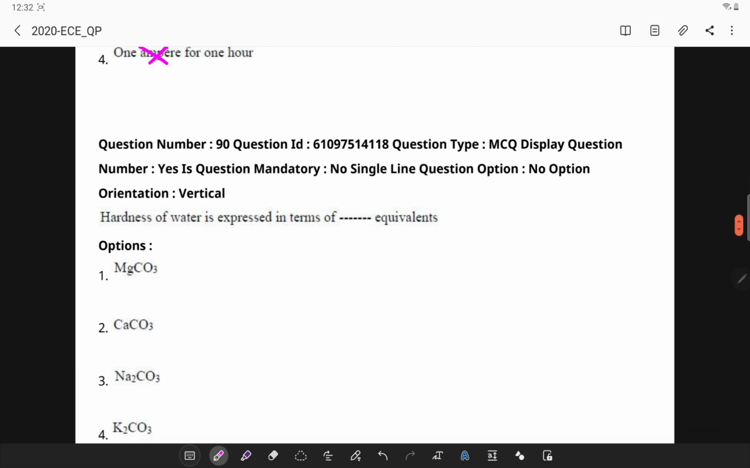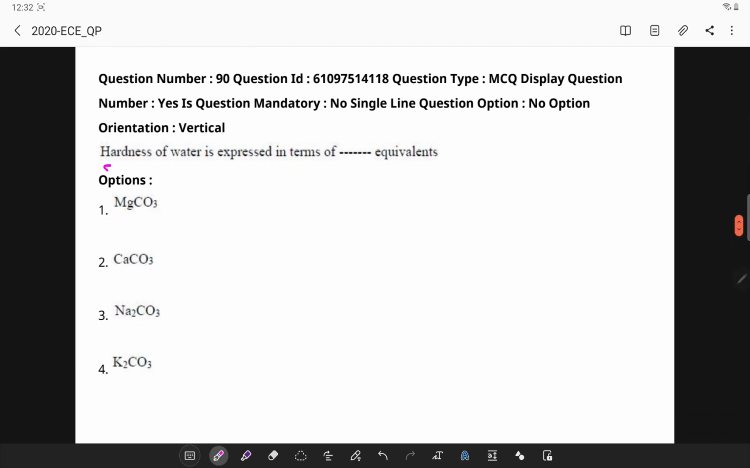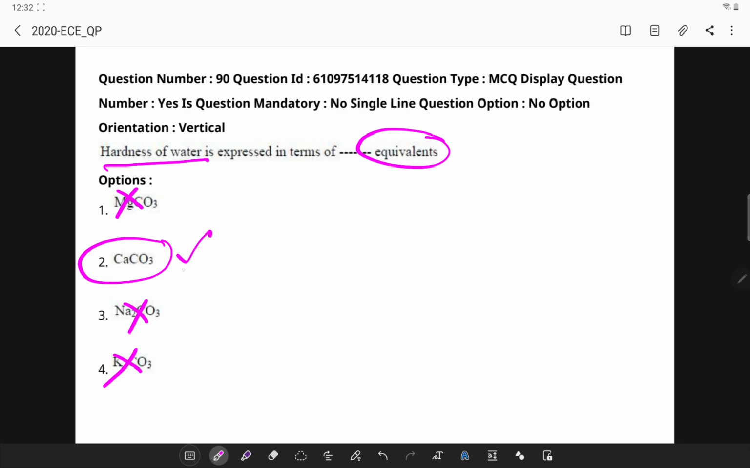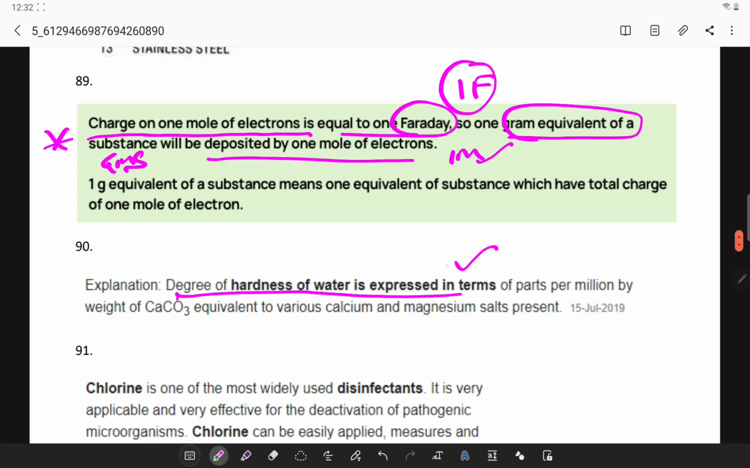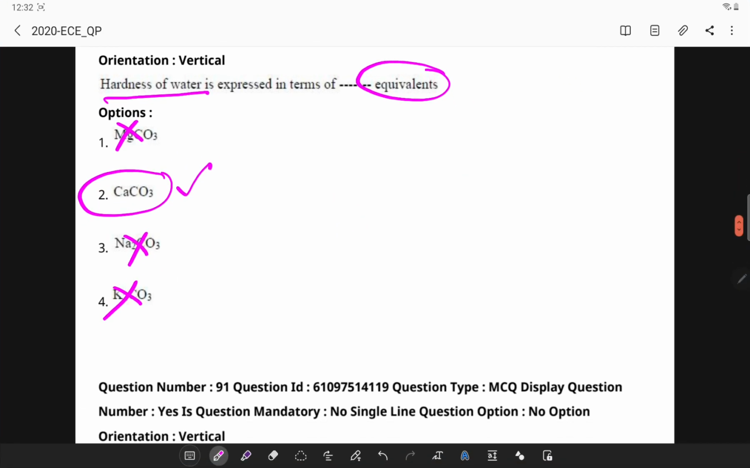Next, hardness of water is expressed in terms of a very common thing, not in magnesium or sodium or potassium carbonate, it is only in calcium carbonate. So degree of hardness of water is expressed in terms of ppm parts per million weightage of calcium carbonate, which has these salts. Next,